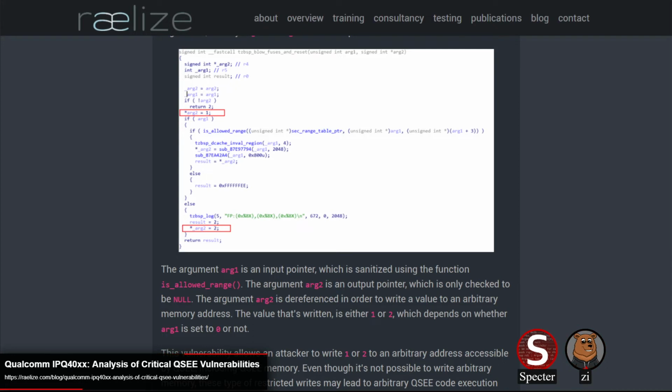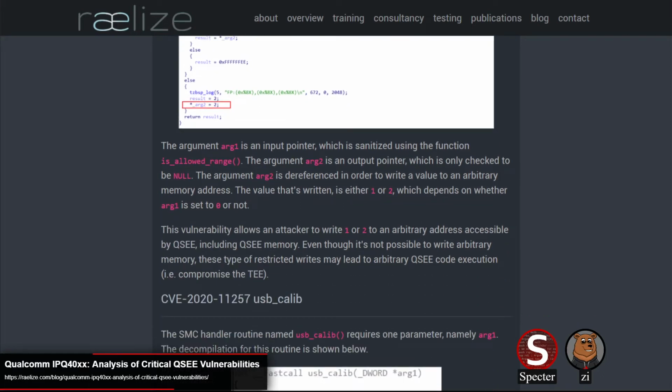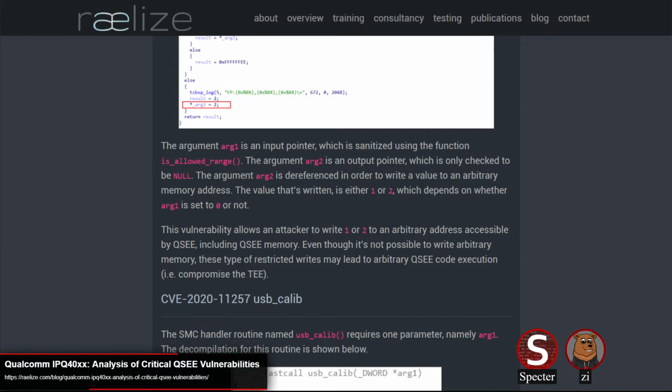Now, like you said, it is kind of a restricted write. I think you said it was 1 or 2. Now, while that does sound really restrictive, I can already pitch an angle that you can use to exploit this right now. You would probably require an info leak to exploit any of these issues. You would need to leak somewhere to write to inside of the trust zone, right? How randomized is TrustZone actually?